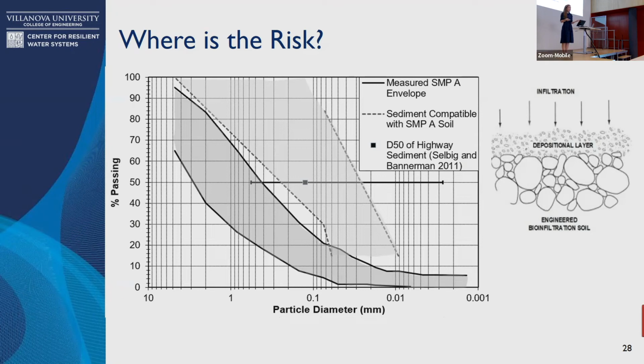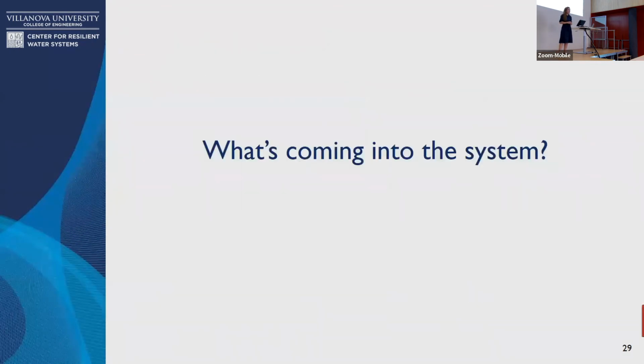Well, that's great. We have this highway sediment, and we know that it lines up well with this media. But could we do this more efficiently? Could we do this in a more effective way? Are we over-designing? Or are the standards for our soil maybe what's causing some cases to fail and other cases to work out well, right? So do we need to be more specific in how we're designing this?